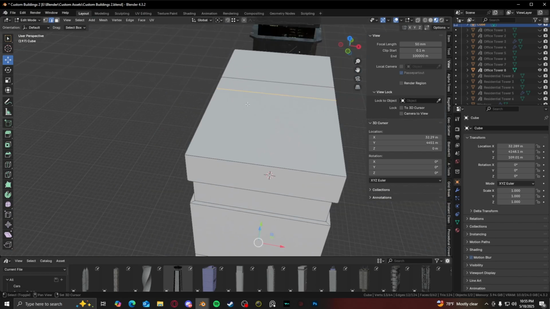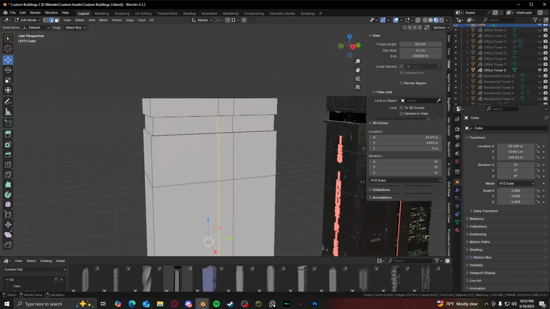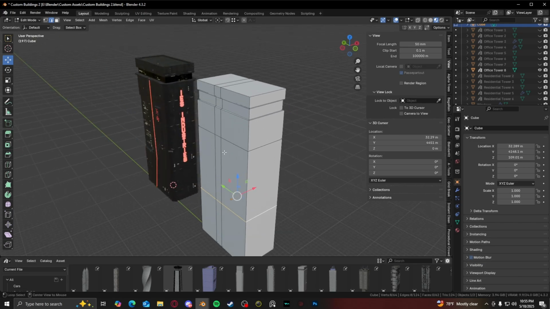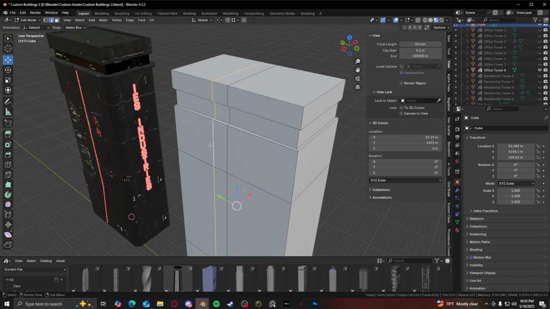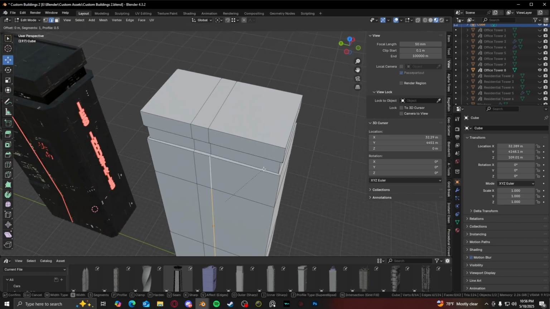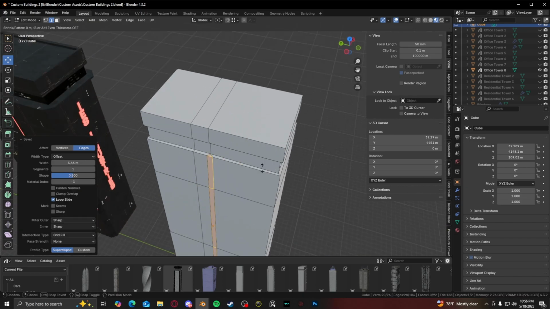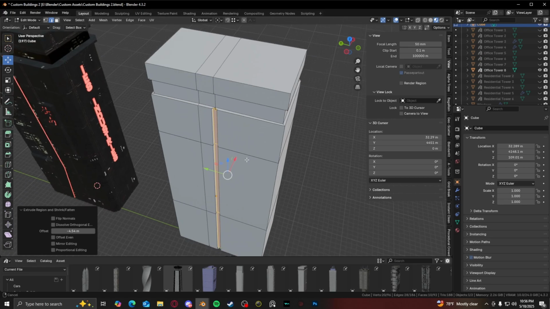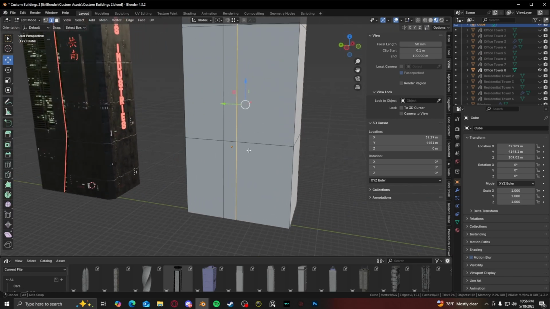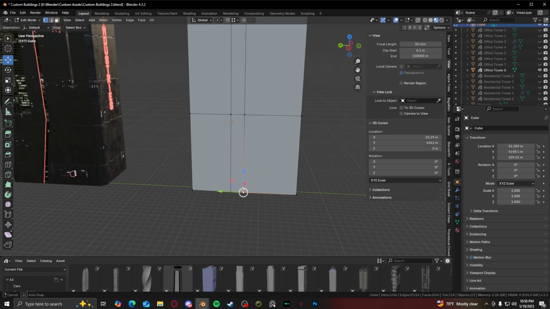You can just go in and highlight. To highlight all of one line, you hold Alt and then click on the line that you want to highlight. It highlights the whole loop like that. Then you hit Control B and then Alt E, extrude on normals, and then indent it like that. But in this case, the building goes a little bit to the left